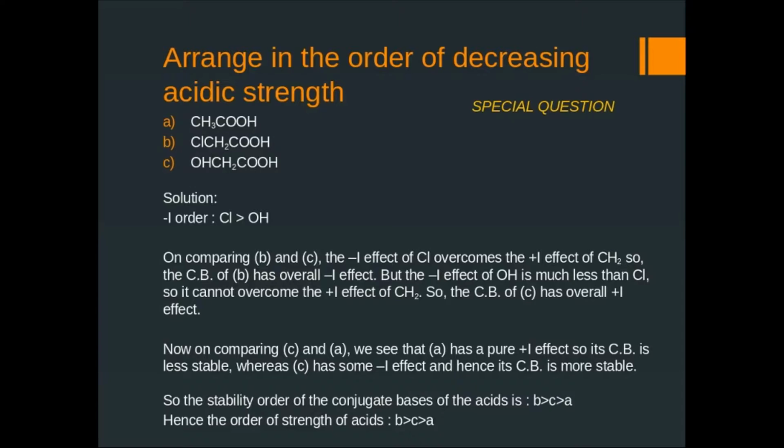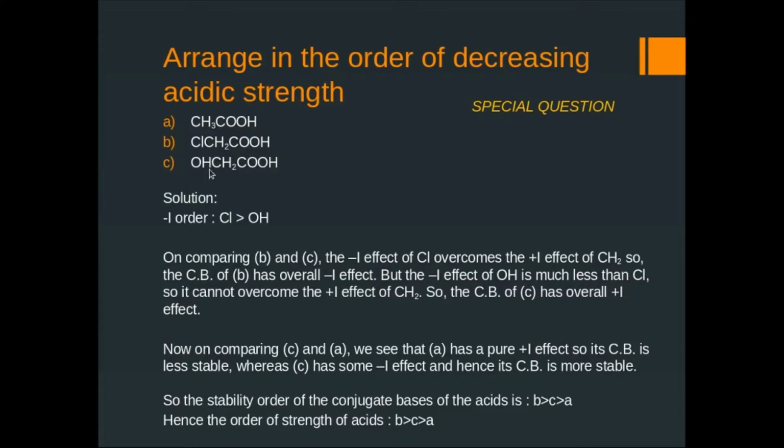So chlorine is much more electronegative than oxygen. The electronegativity difference between chlorine and carbon is much more than between oxygen and carbon. And so we can see that the negative charge distribution will be more over the entire molecule for chloroacetic acid, and so the anion or the conjugate base will get stabilized, and so the hydrogen ion in this solution will increase.